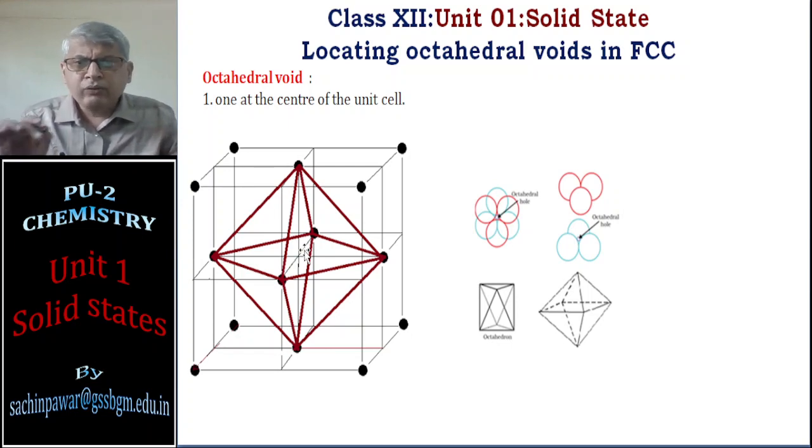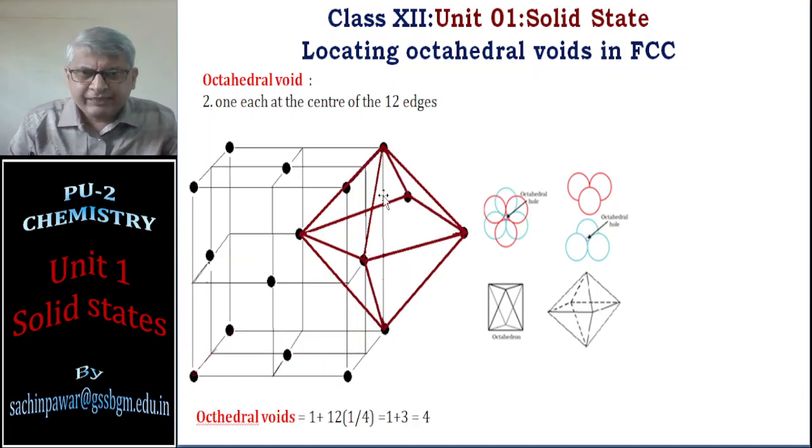Another octahedral void is identified at the center of every edge. You see, this is the edge. This edge is made up of 2 corner particles, 2 face centered particles of the same unit cell, and 2 face centered particles of the neighboring unit cell. So this octahedral void present at the edge of the unit cell does not completely belong to the unit cell, and if you observe carefully, you will find that each edge